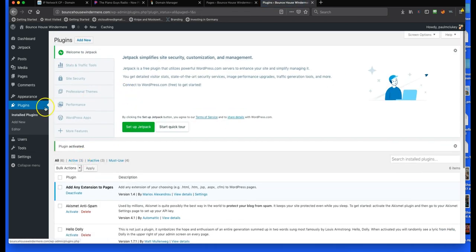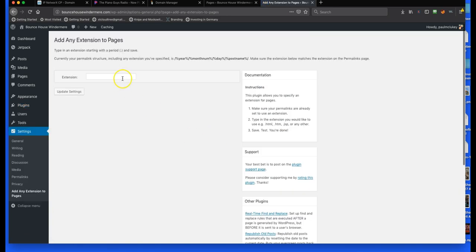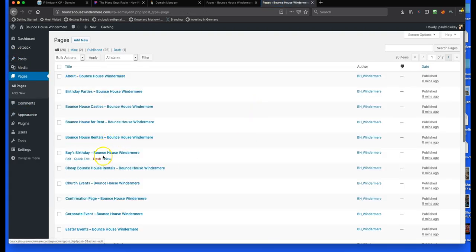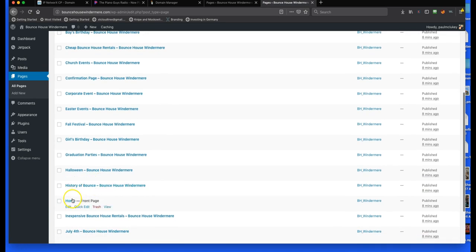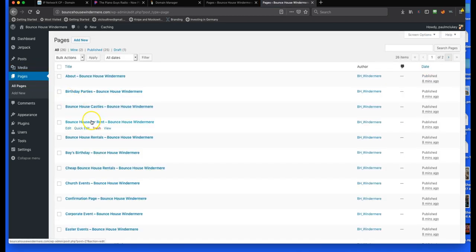Then we're going to go over to, there we go. And we're going to do a .html. Update settings, options updated. And then we're going to go to pages. I want to just double check this home page. So that looks good for the permalink. And then what we want to do is go to the